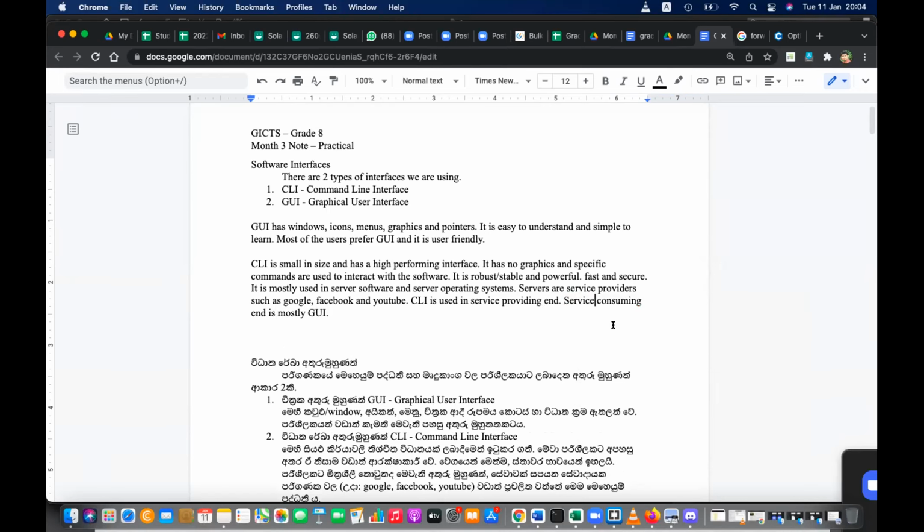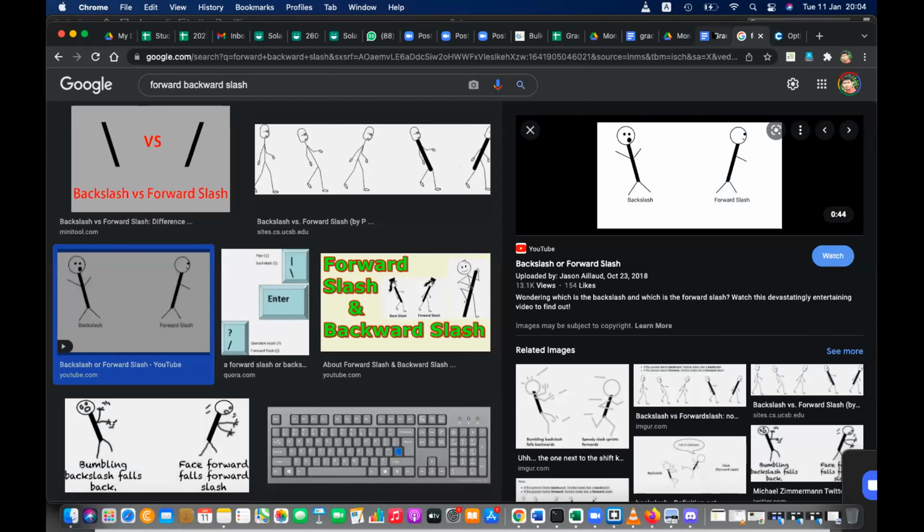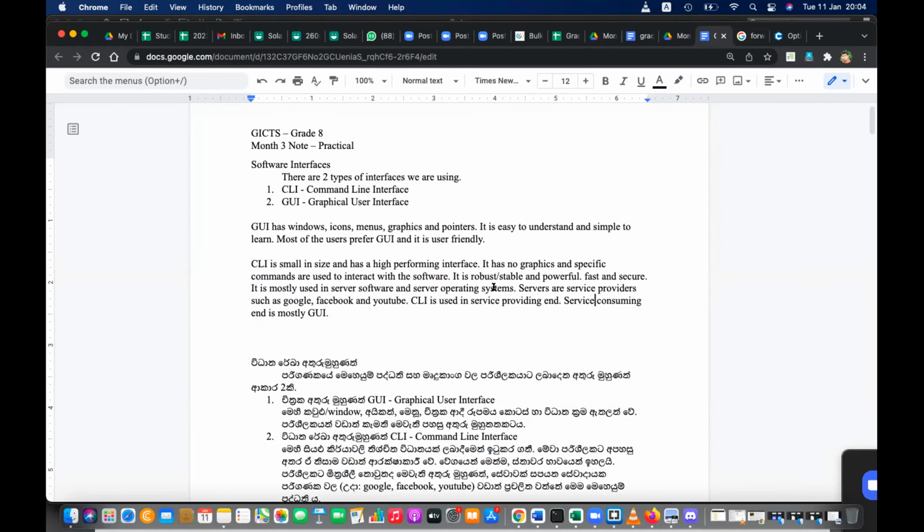That is a bit advanced, but we will learn how it is happening. They give CLI service, but we get it as a GUI service. Wonderful, right? So Google for us is graphics, but Google for them is commands. They see the commands and we see the graphics.